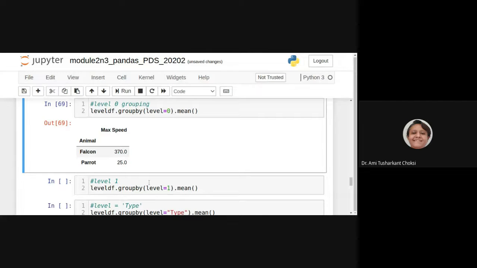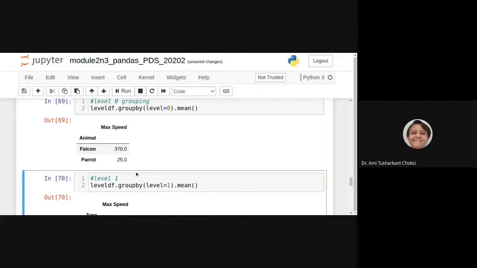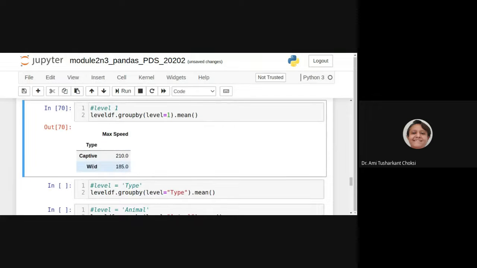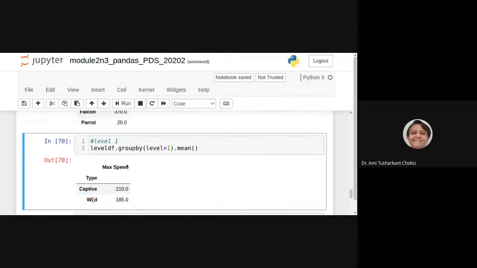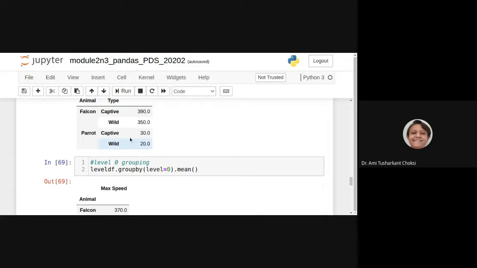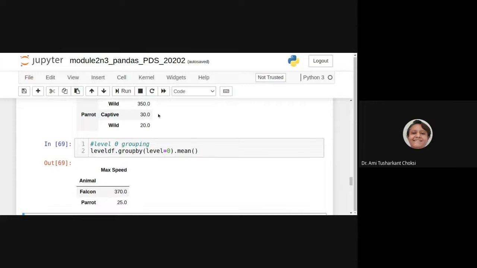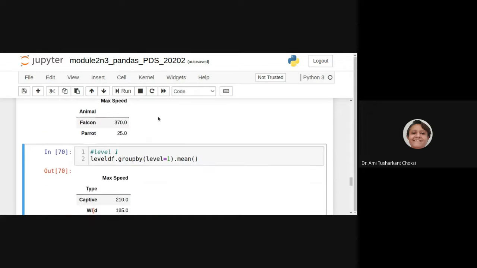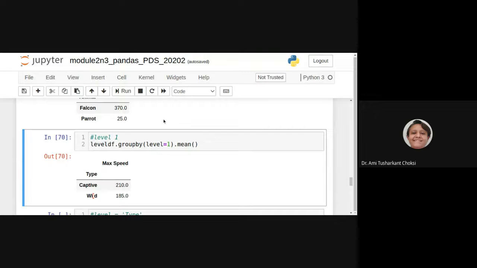Now, if we are giving it as level 1, so it is captive and wild. For captive, what does mean? For captive, it is 390 plus 30, and divide by 2, right? So it is 210.